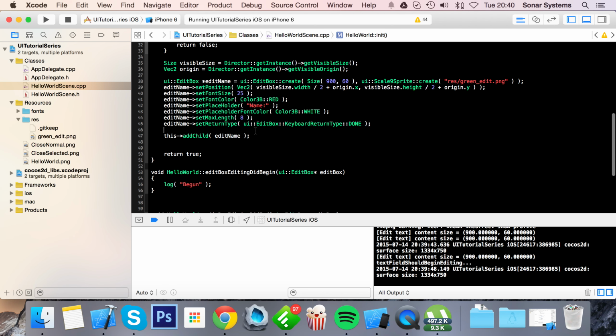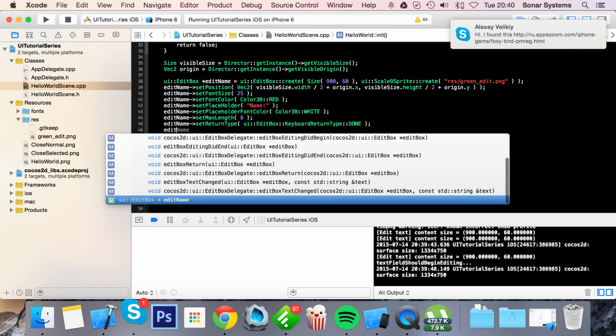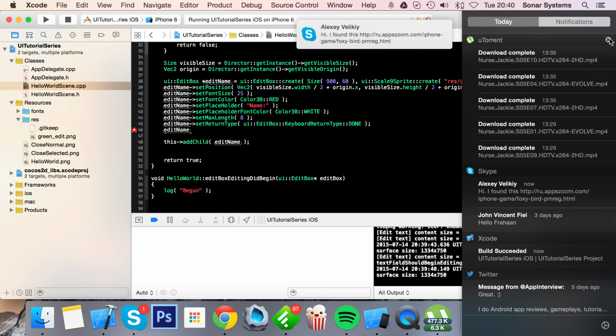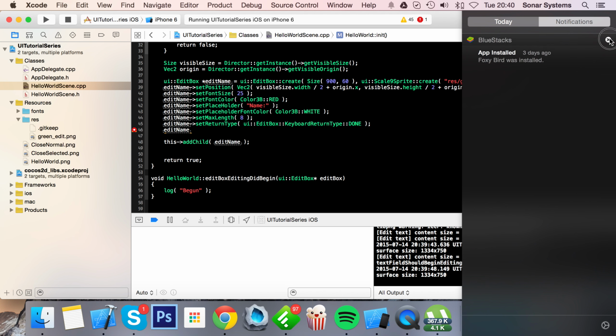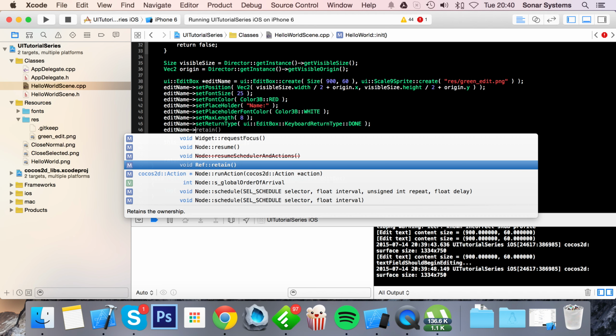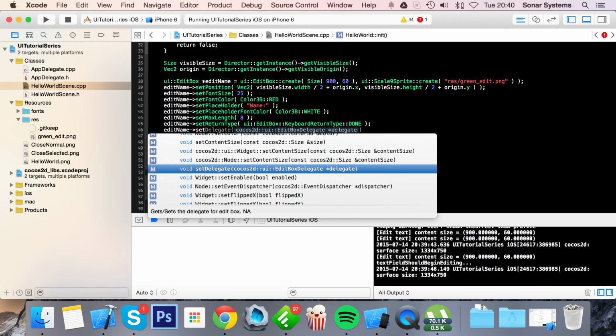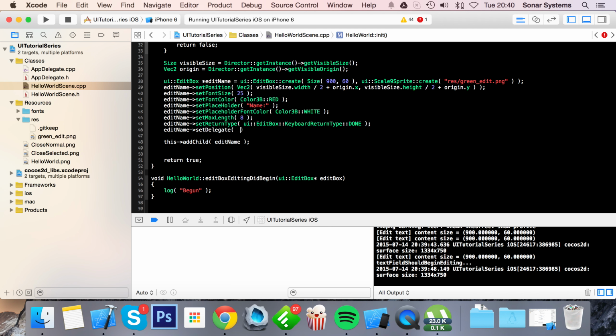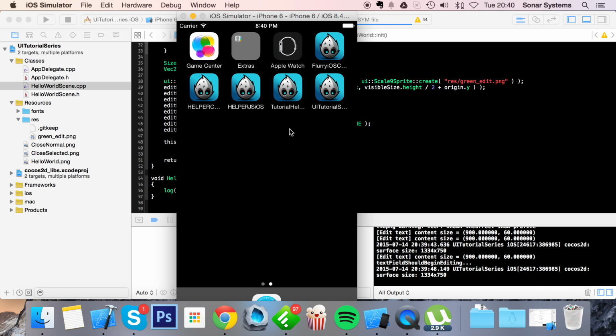And to do that, all you gotta do is edit name, sorry about that, and just to make sure there's no more interruptions, the internet has been disconnected. I'm going to put set delegate, and for this, can you guess what I'm going to put? I'm going to put this. There we go. And now if we run this in our simulator,